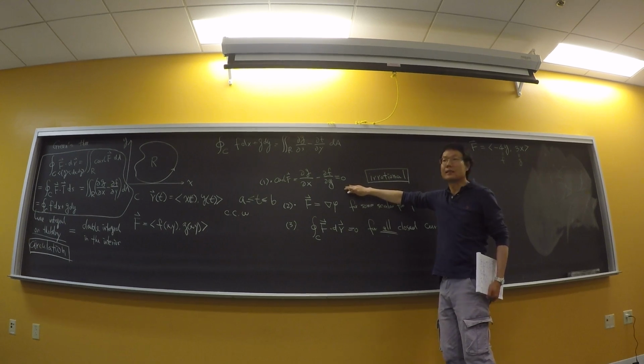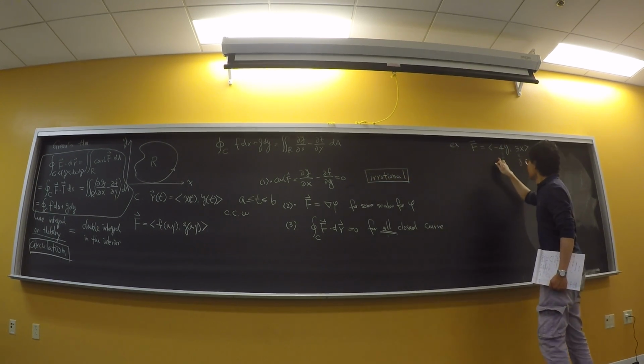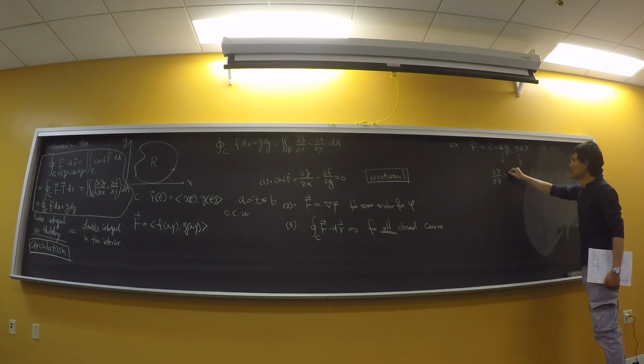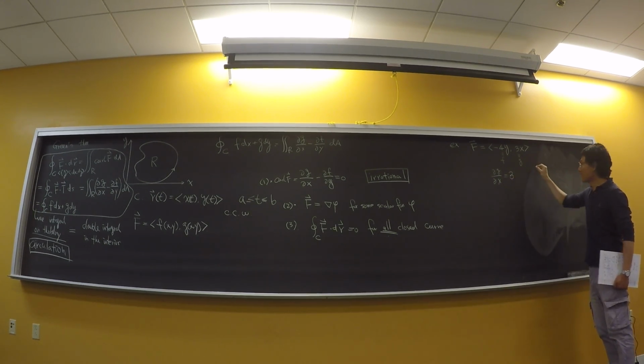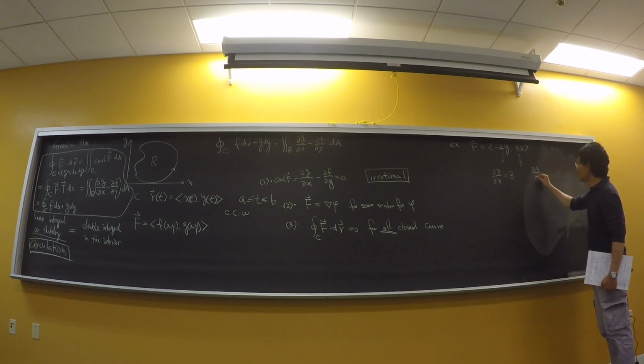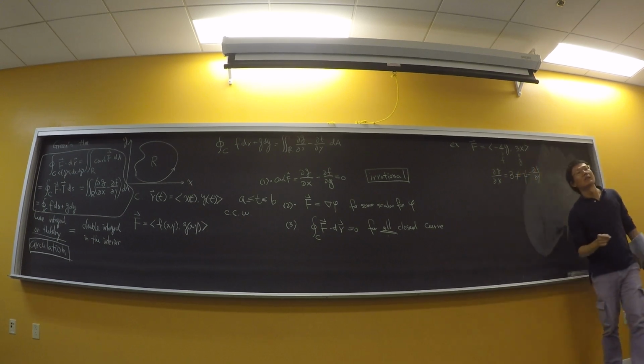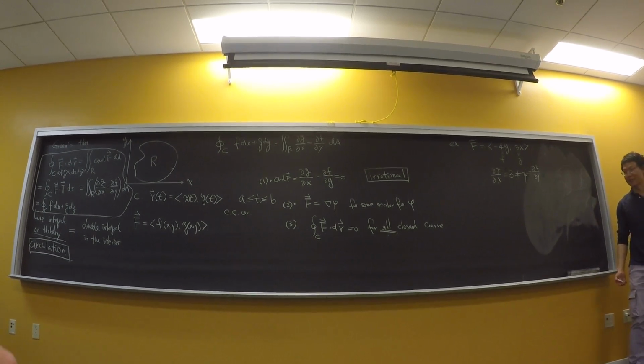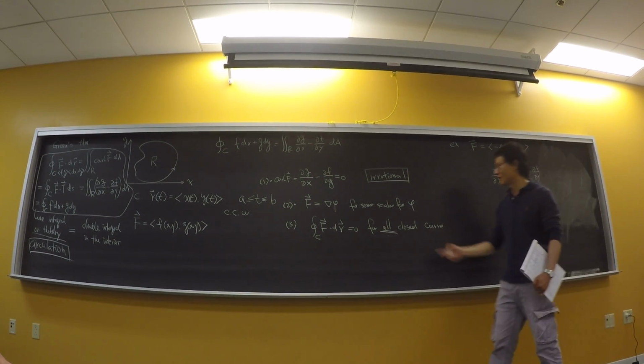Symmetric differentiation. All right? So I take partial g partial x, I got a 3. I got partial f partial y is equal to minus 4. So these two are not equal. So this guy is definitely not conservative, aka not irrotational, aka there's no way you can find a scalar function